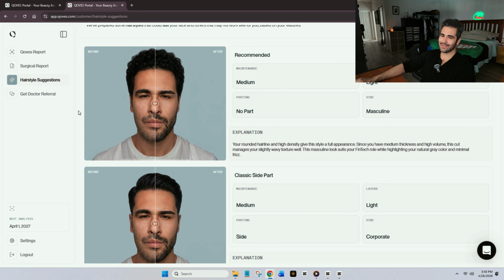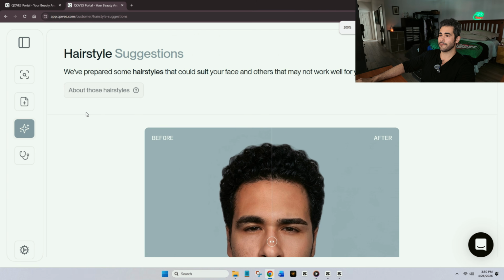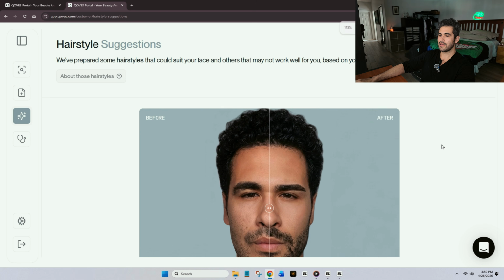Oh, this is going to be fun. All right, what do we got going on here? Am I able to download this? All right. And I'm trying to zoom in. I apologize. All right, there we go. All right, 175%. So